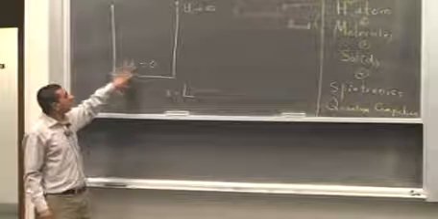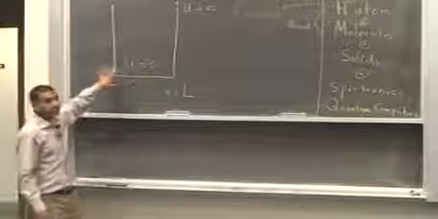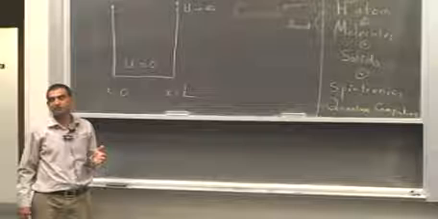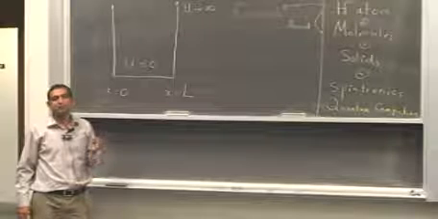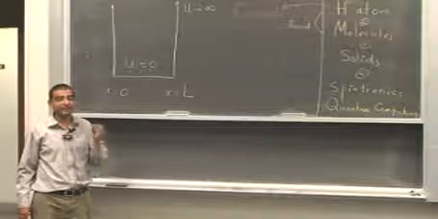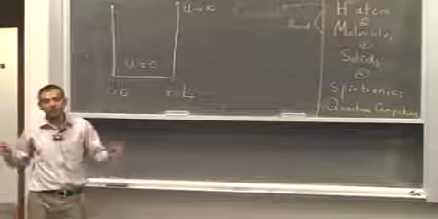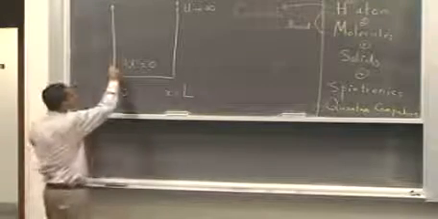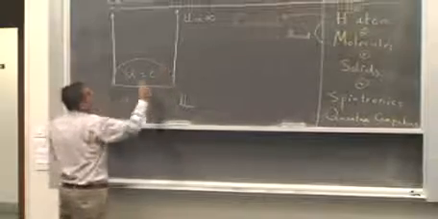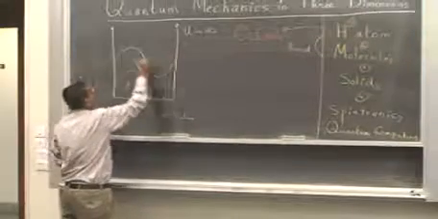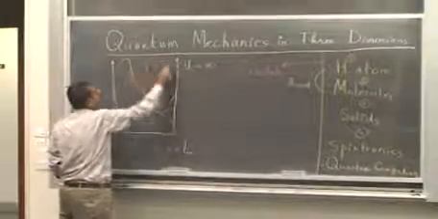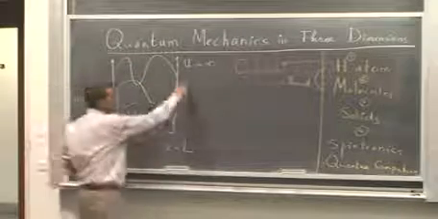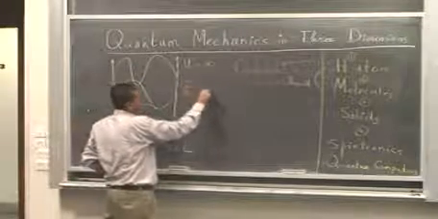If you solve the Schrodinger equation for this potential energy, what are the wave functions like? The wave functions are sine waves, standing waves with nodes at the walls, because the potential energy is going to infinity. So you have a fundamental wave, a first harmonic, a second harmonic, and so on. And the energy becomes quantized. So E is quantized.